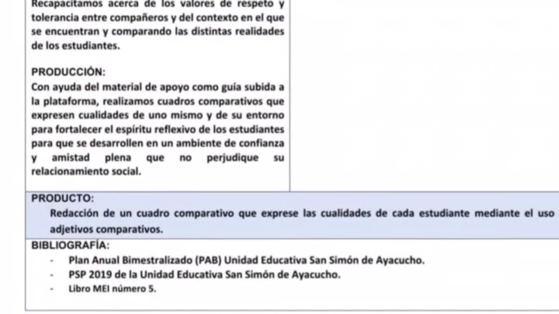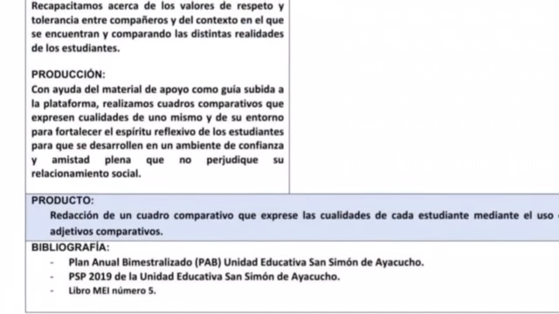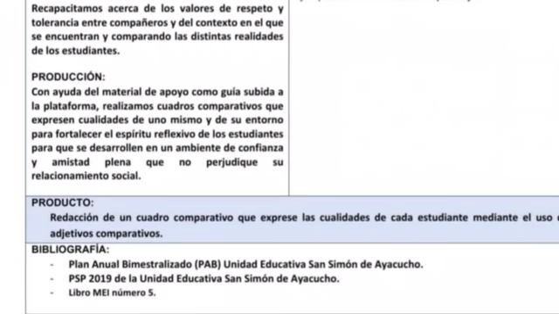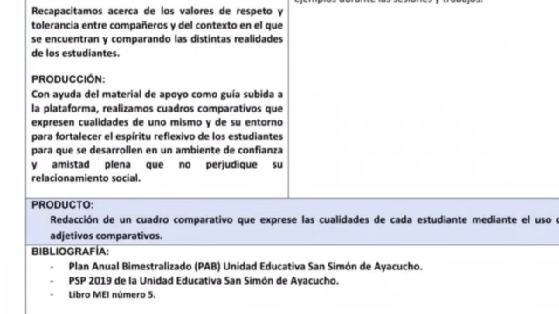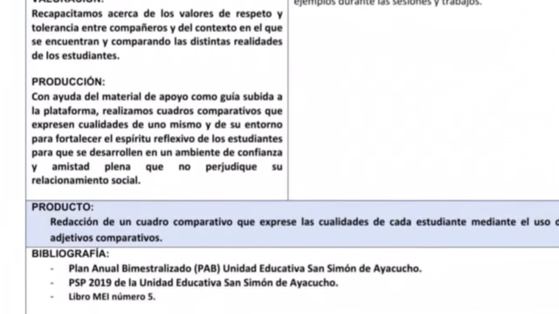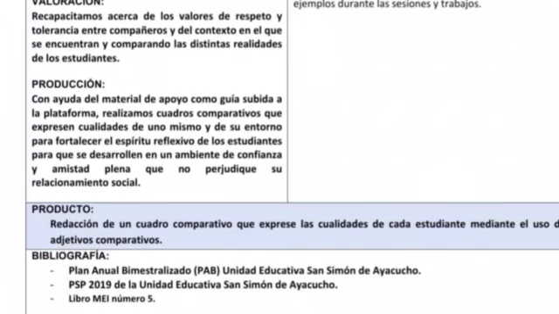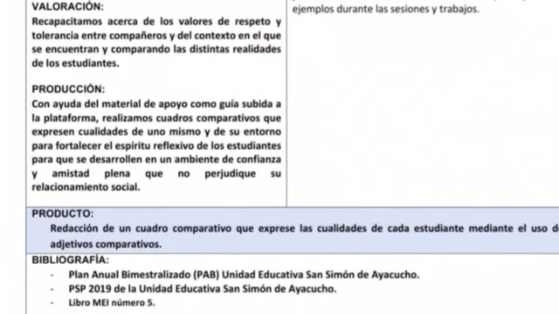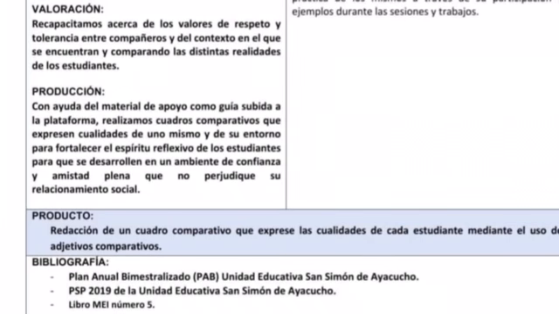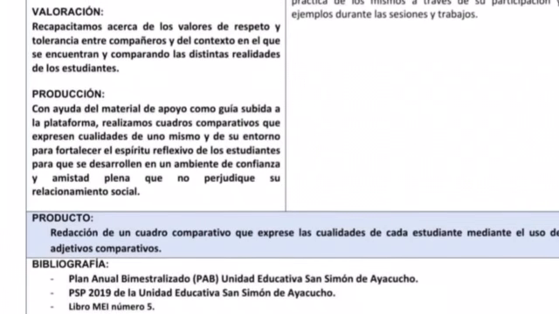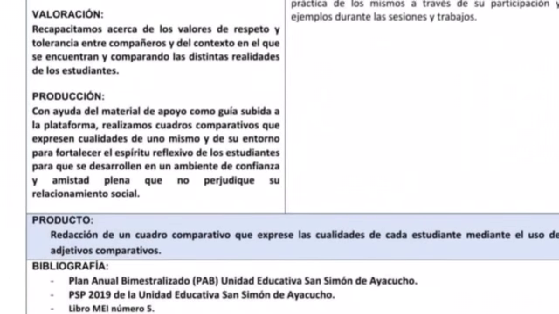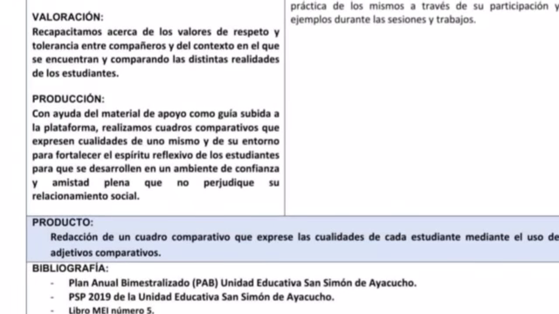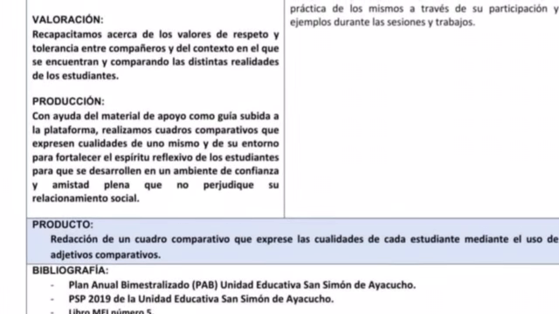They are going to be represented by sentences that are according to our normal lives. We're going to make sentences through the value of respect, also highlighting the different qualities that maybe our classmates have, or people in our community or in our family have.